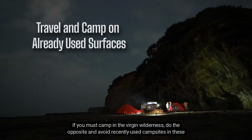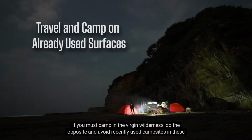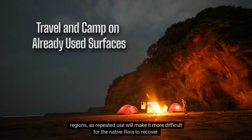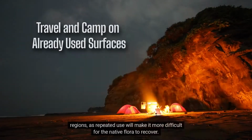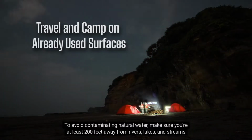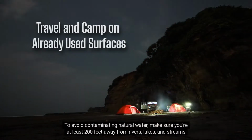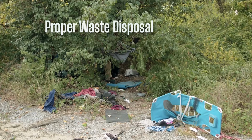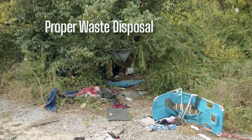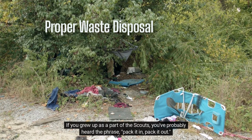If you must camp in the virgin wilderness, do the opposite and avoid recently used campsites in these regions, as repeated use will make it more difficult for the native flora to recover. To avoid contaminating natural water, make sure you're at least 200 feet away from rivers, lakes, and streams wherever you're camping. Proper waste disposal. If you grew up as a part of the Scouts, you've probably heard the phrase, pack